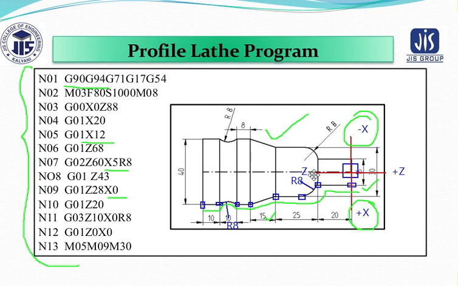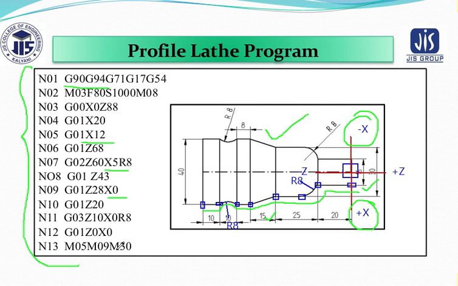Incremental mode is preferred when you are drilling a hole in a bar and there you are drilling many holes, like 8 to 10 holes. Then I would like to go for the incremental mode, because I will put it in position by increasing the length in the x-axis or the y-axis. So I will be reaching the position and it will be much easier. So you have to decide by seeing the program whether incremental mode or absolute mode is required. It is up to your decision.